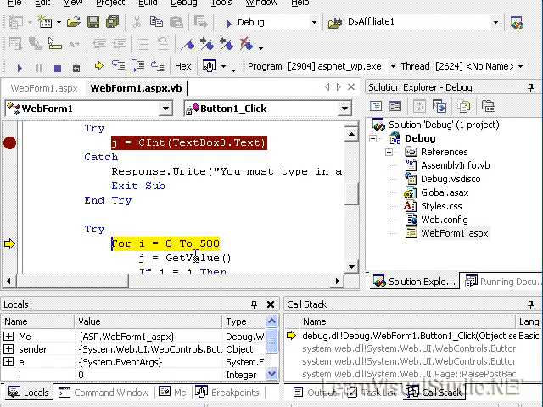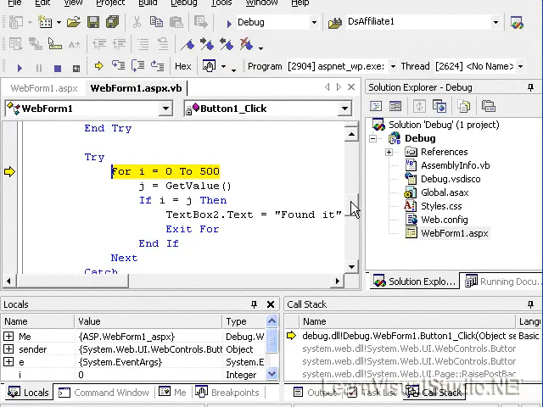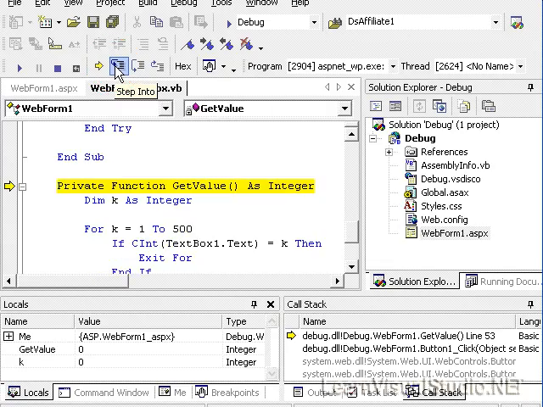I can also do this for other values and find out, for example, this function. It just gives me the declaration of that function that's found later on within my application. So just by hovering my mouse cursor over, I can see the values or the declarations of different values within my code behind. So I'm going to continue to step into, I'm just going to push the button a number of times. This was a call to the getValue function. You'll notice that we jumped all the way down into this function, and